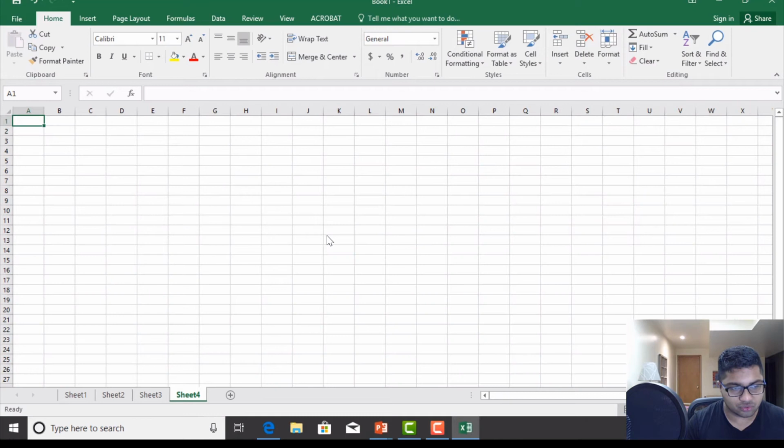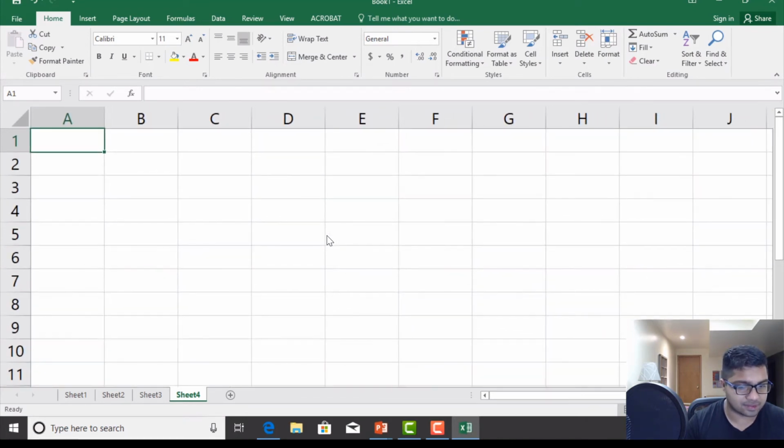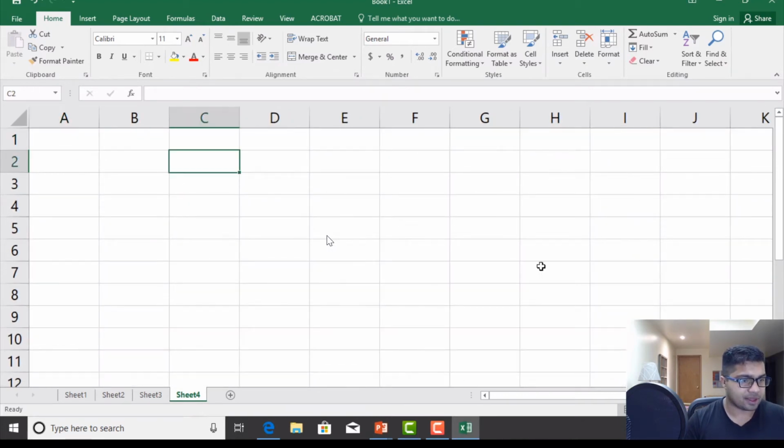Oh, that is too much zooming. Yeah, this is a little bit less. Okay, so